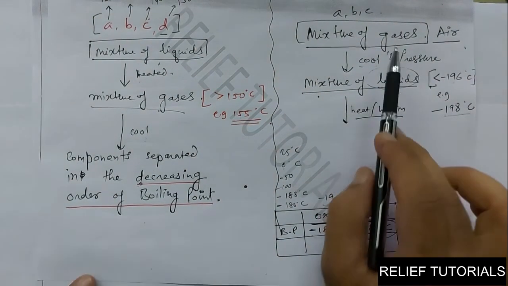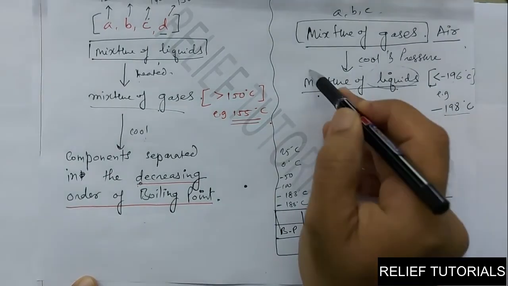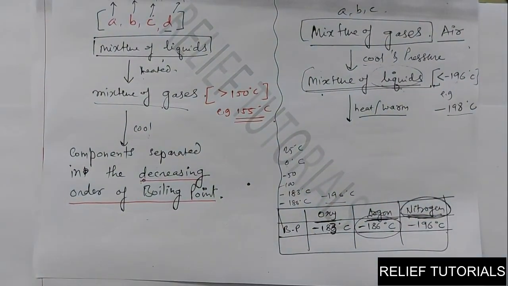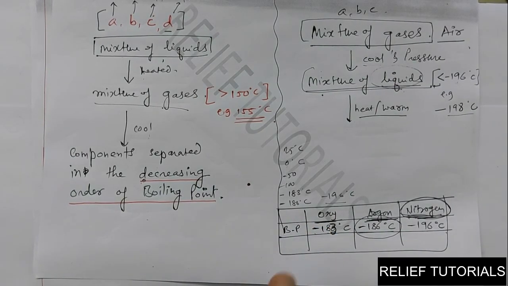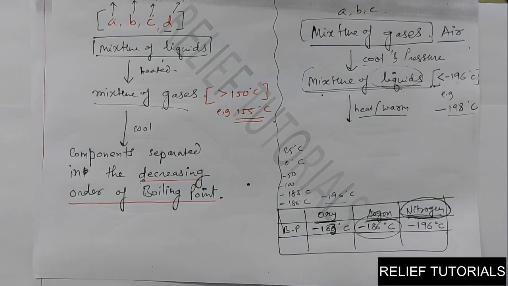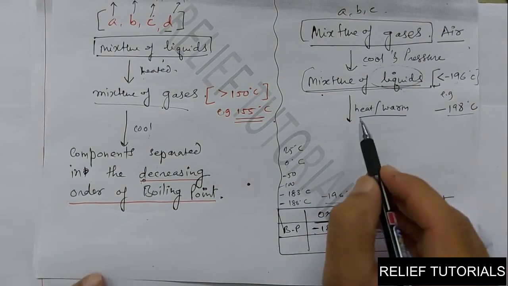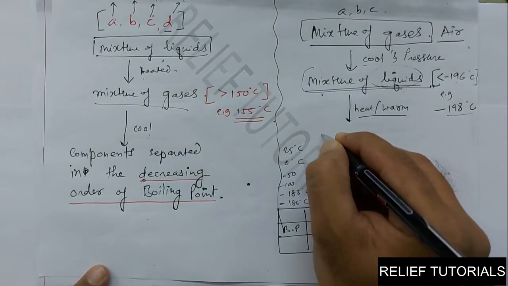Remember, first you are converting the gaseous mixture into a mixture of liquids. So when you are starting to liquefy them, which gas will be liquefied first? Oxygen. But which gas will be purified first? Nitrogen. Mind it. Okay, so when you warm it gradually, the components